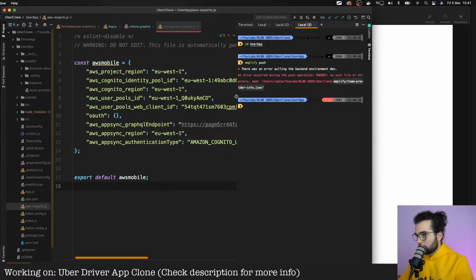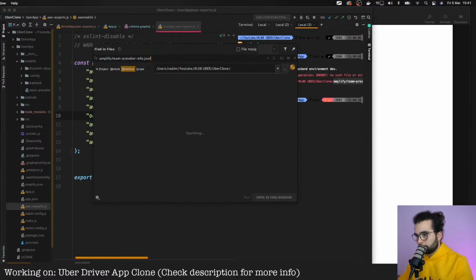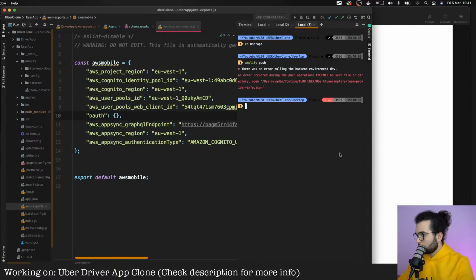Let me do a quick search in the whole project. Nothing. There was pulling the backend environment.